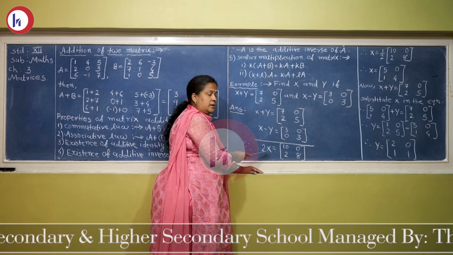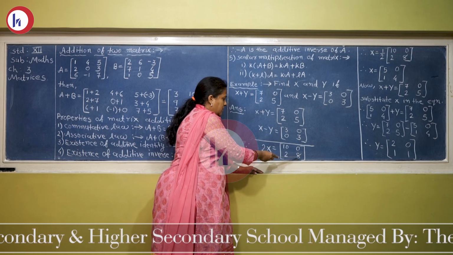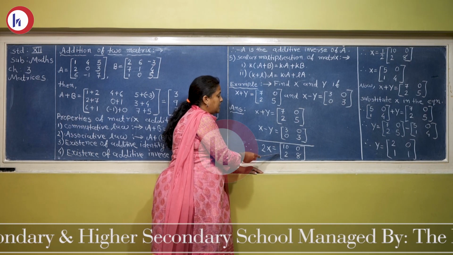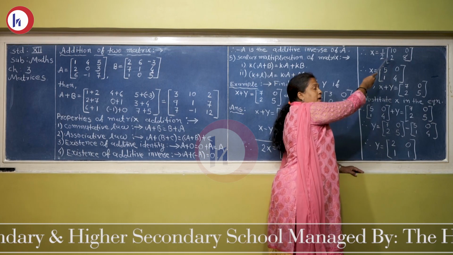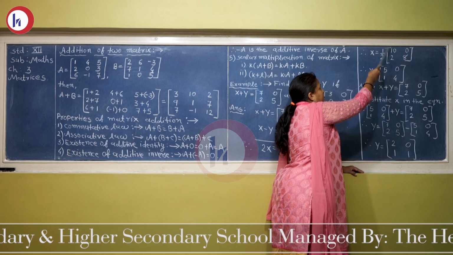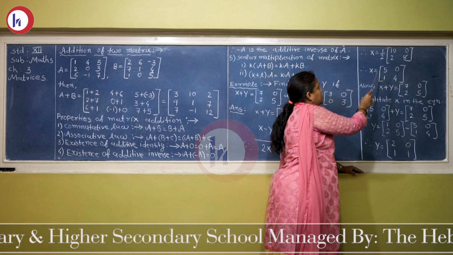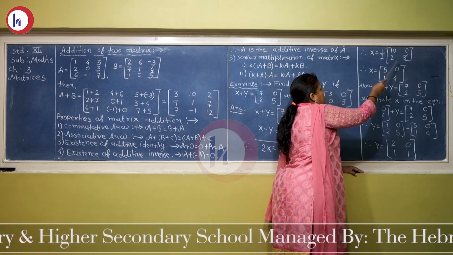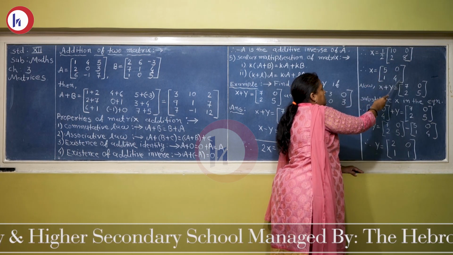So here I am getting 2x equals [10, 0; 2, 8]. Now this 2 is in multiplication, so on this side I have to take it in division, and that's why x equals 1/2 into [10, 0; 2, 8]. Divide every term of the matrix by 2 because outside it's a scalar division. So here I am dividing 10 by 2, 5, 0 by 2, 0, 2 by 2, 1, and 8 by 2, that is 4.